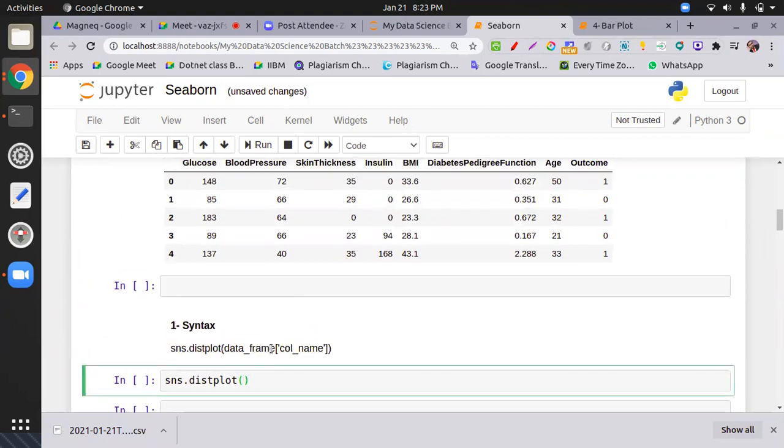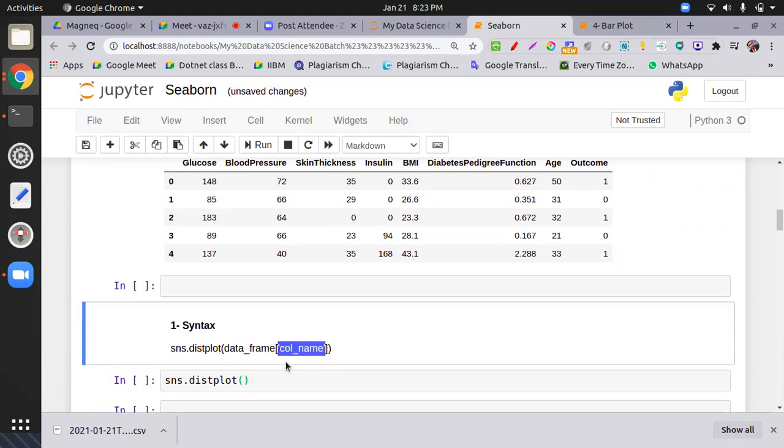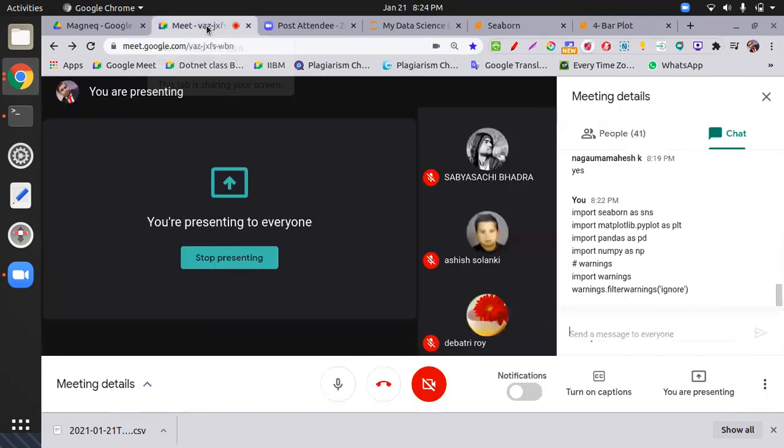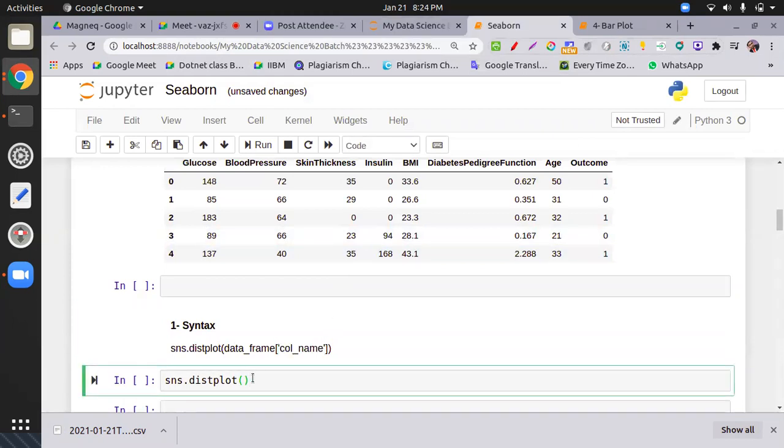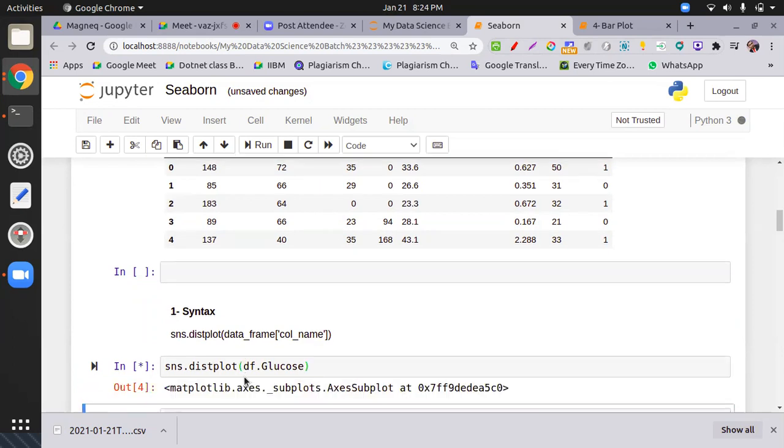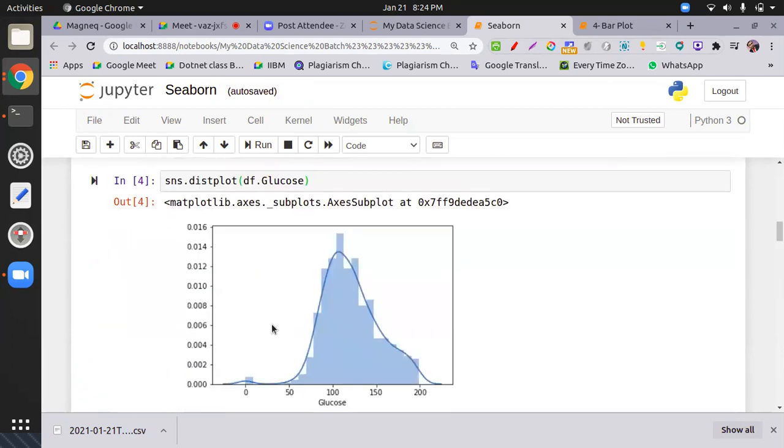You can either take the square bracket approach or the dot approach, meaning data frame dot column name. So I just take df dot glucose.